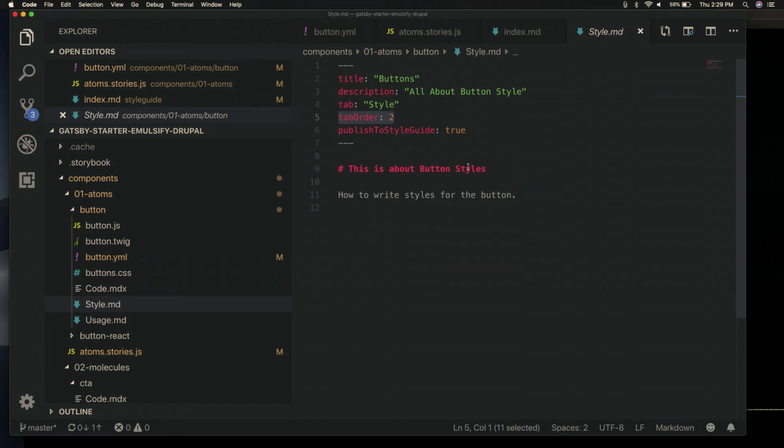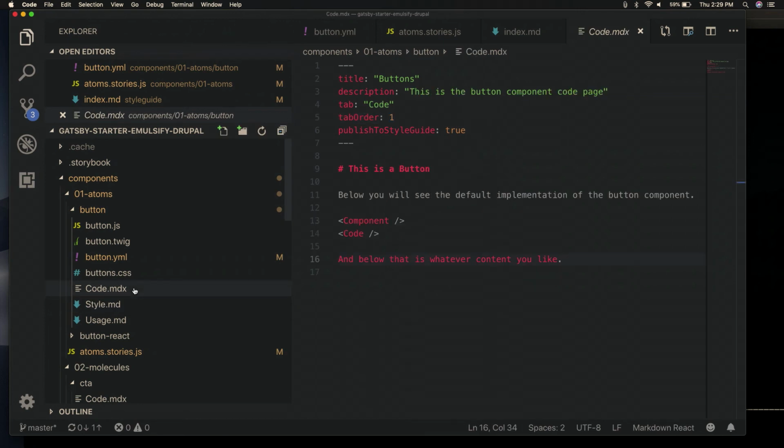So this is the button styles page, as you can see. But let's look at the code page. So this isn't straightforward MDX. As I said, MDX allows you to literally write JSX in your markdown files. What we really wanted to do though, because again, this is documentation,